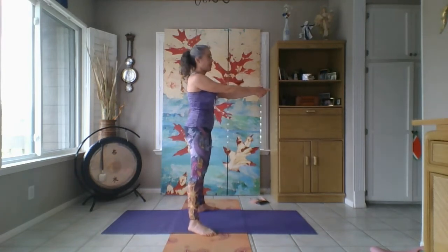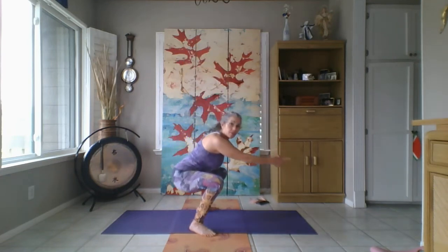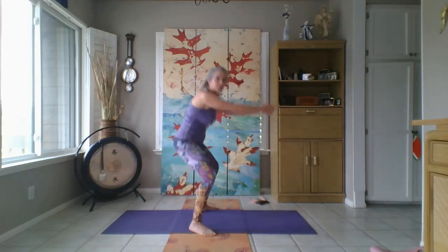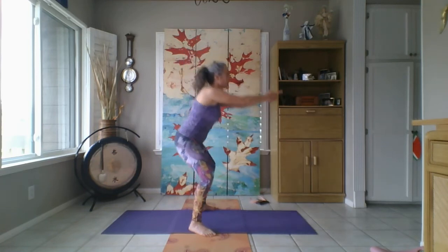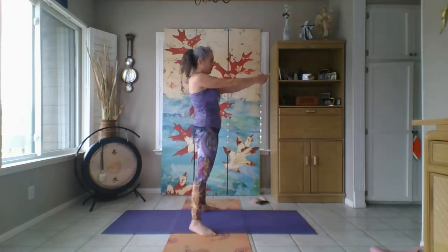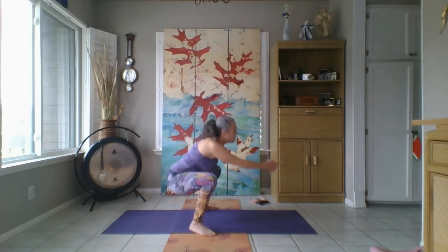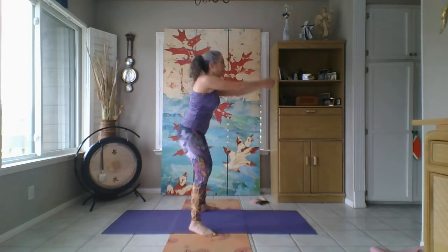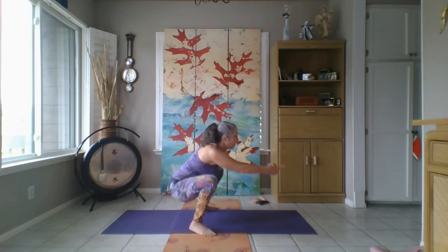So interlace your fingers, except for the index finger, and bring your arms out from the shoulders. I'll stand sideways to demonstrate. So you come down, you inhale here, exhale, bring the hips down, inhale up, exhale down, inhale up, exhale down, inhale up, exhale down, inhale up, exhale down. Let's do a couple more, up and down, one more up, and now hold it down,